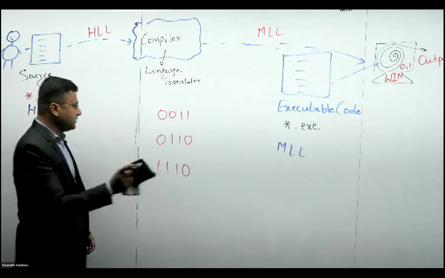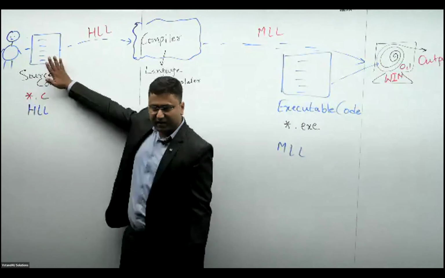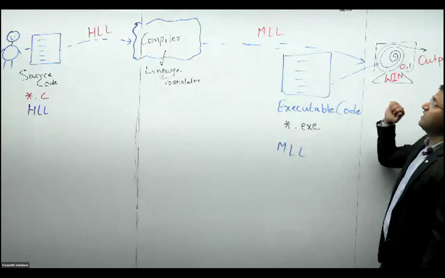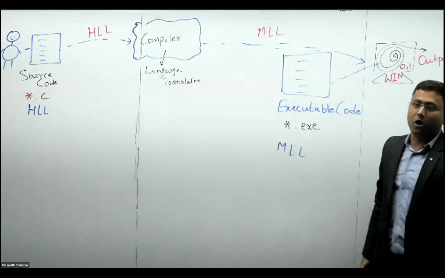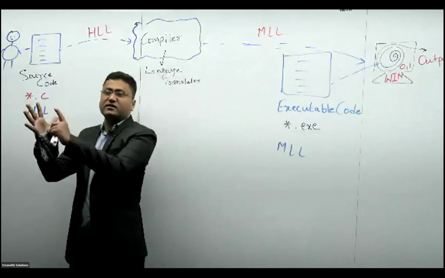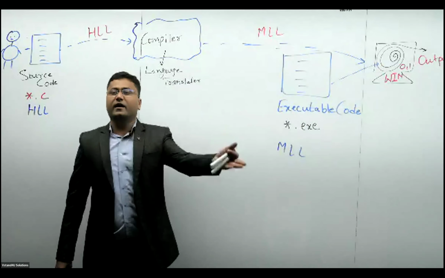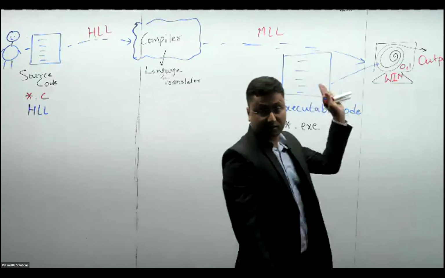So the point is, the fundamentals are simple. We wrote in a high level language, the compiler converted it into executable code, machine level language, but how a machine understands the combination of 0s and 1s may not be the same for all machines. If it's a Windows system, it has a different meaning for a 0, 1 combination. In Linux it might be different. In Macintosh it might be something else.